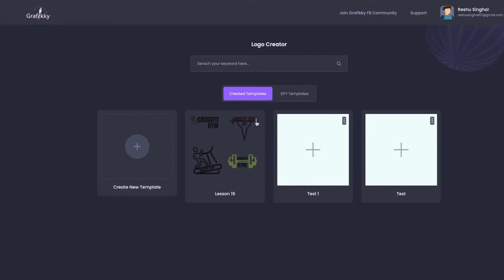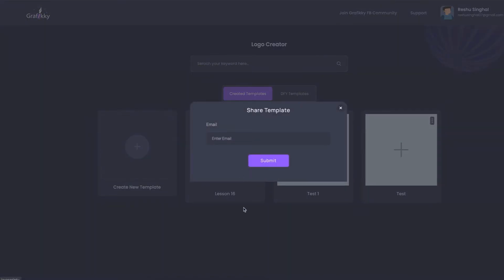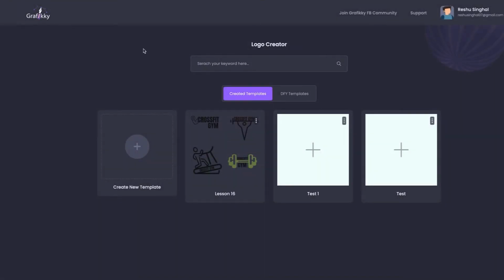The templates which you create as your own project in all the editors, you will have the option of editing them, copying them, deleting them, renaming them, sharing them to the cloud, to a client, and sharing the template. It's very easy, and the person must have received the template in his or her email.